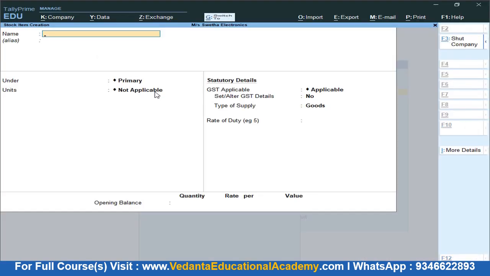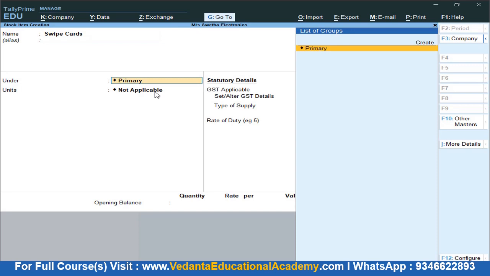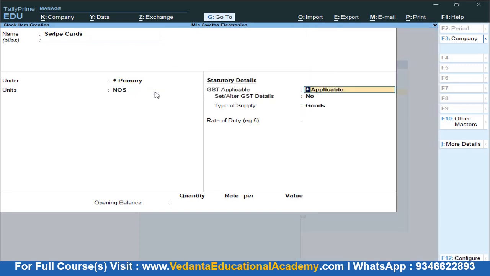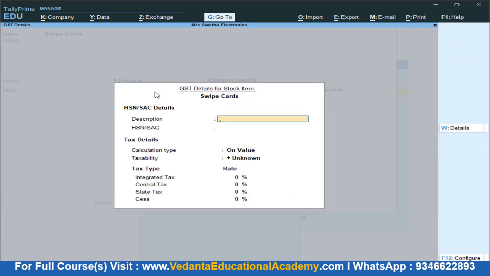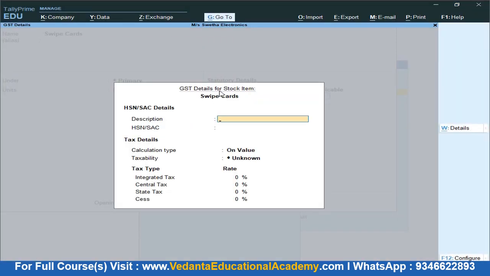And next we have one more product, that is swipe cards. Swipe cards under primary, under numbers, GST is applicable yes, set alter GST yes, and here you can see that it is falling under 0%. I will be writing again swipe cards, some random number.